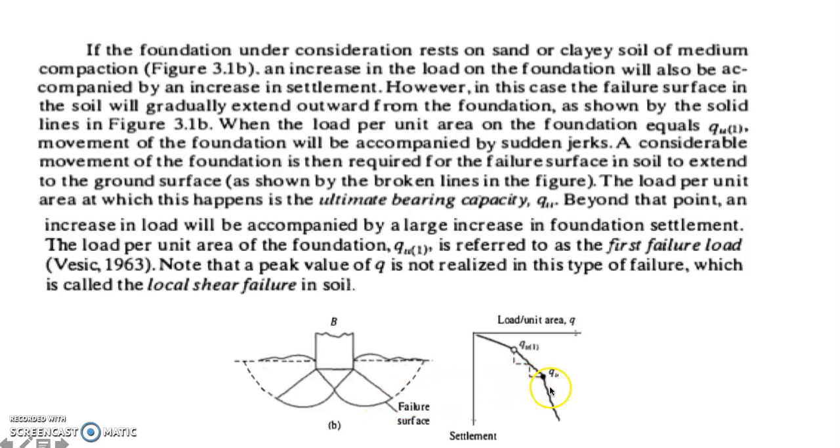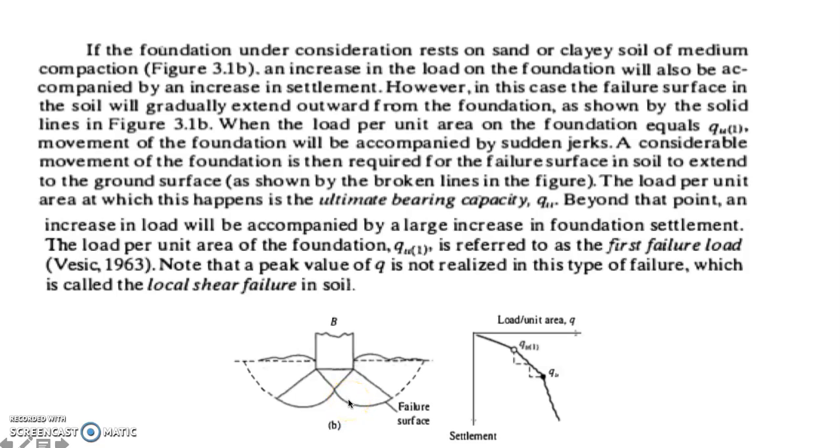So beyond our Q sub U, there will be a large increase in foundation settlement. The load per unit area of the foundation at this stage is referred to as the first failure load. Take note that the peak value of Q is not realized in this type of failure,